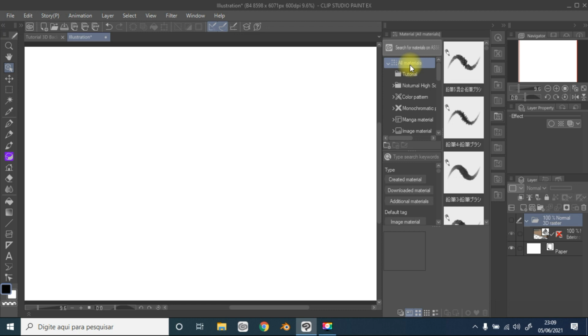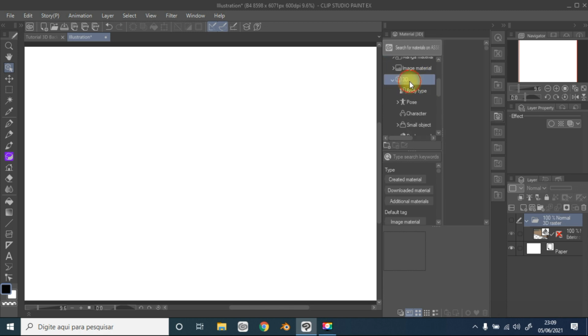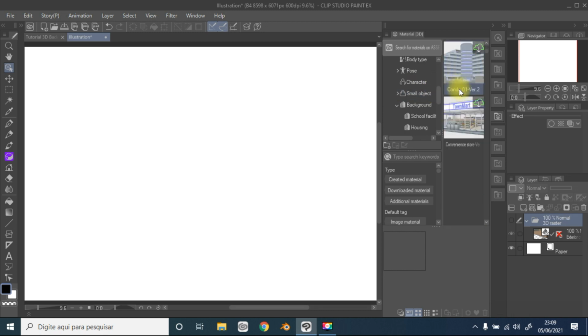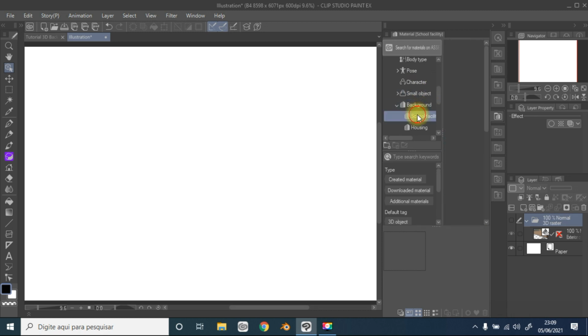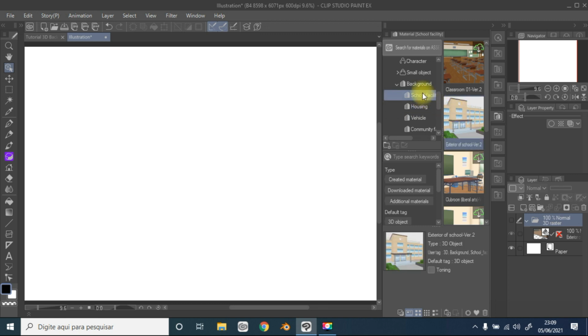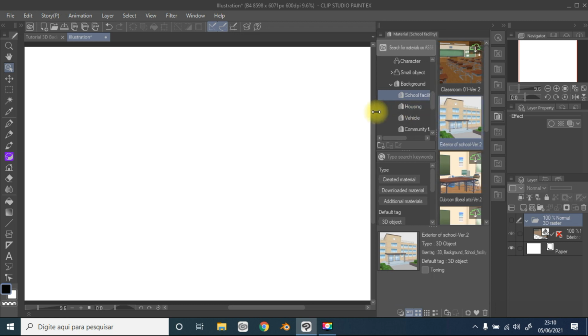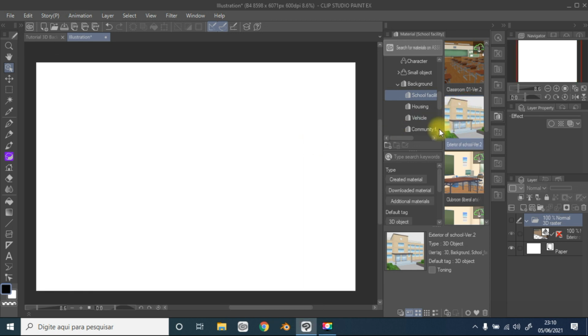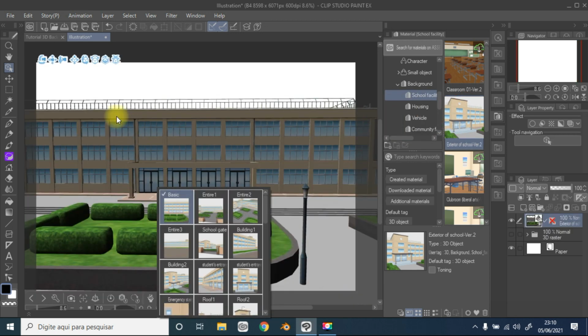So you have this folder, all materials, and you can scroll down and click here on 3D and keep scrolling down, and there are a lot of models, and you can look inside the folders for what kind of 3D model you want to use. So here we are using this school facility, that's the name of the 3D model. The only thing you need to do is click and drag. Here we have